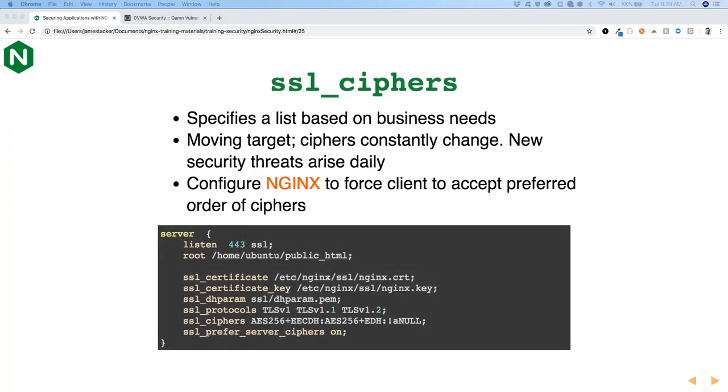Speaking of ciphers, probably the hardest thing to get right, and I'm sure, Chris, you can probably attest to this. What's best today may not be so hot tomorrow. And you'll also have this constant battle between high security and compatibility. When I say compatibility, I mean user agent compatibility. So in other words, if you have a million ciphers in there because you're trying to cast a wide net of compatibility, yeah, someone with Internet Explorer 5 can access your site, but do you really want them to is the question. So in the spirit of this course, we're actually going to keep our ciphers pretty minimal,